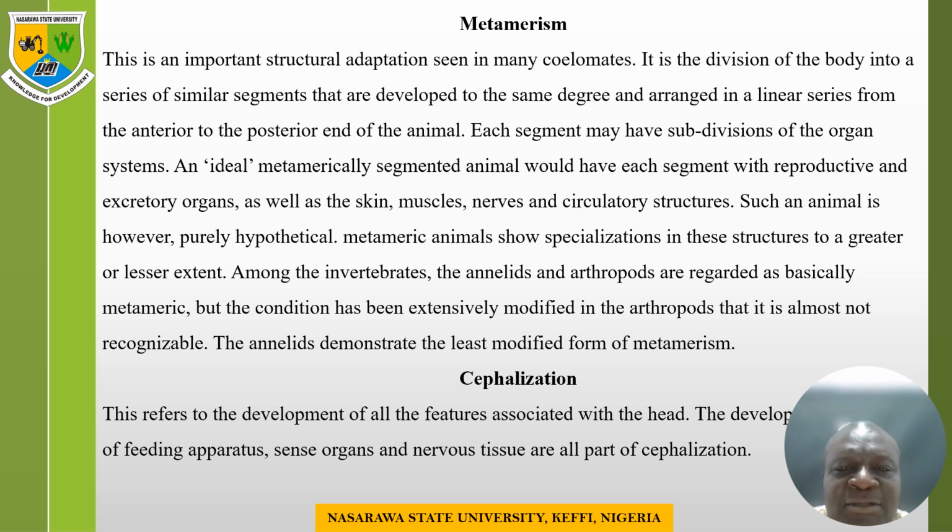Most invertebrate organisms, such as annelids and arthropods, are regarded as basically metameric in nature. And why are they regarded as metameric in nature? This has to do with the various segments. As we go, when you take a look at the earthworm, it is somehow segmented. It is segmented in its appearance. It is several centimeters long, but when you take a look at it carefully, you see that it has some segmentation in its body.